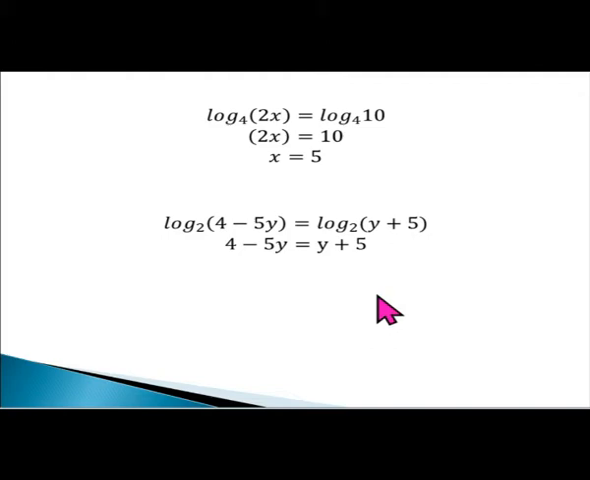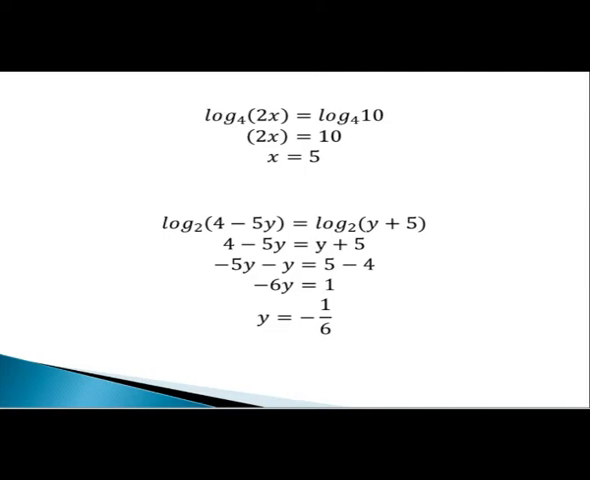Simply, we combine like terms. So we have negative 5y minus y equals 5 minus 4. Negative 5y minus y is equal to negative 6y, and 5 minus 4 is equal to 1. Divide both sides by negative 6 to extract y, so you will have y is equal to negative 1 over 6. So that is the example, class, on how we are going to solve